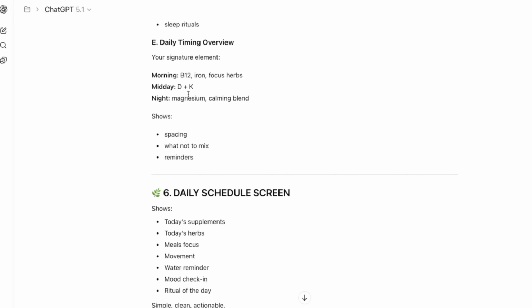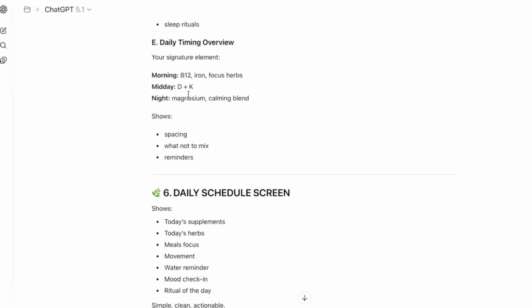So based on all the results, what we can do is determine when to take these supplements. So, for example, you want to take B12 and iron in the morning because B12 specifically will probably keep you up all night if you take it midday or at night. And then iron, you want to go ahead and take that first thing in the morning because it needs to begin absorbing and doing its work. If you take it too close to any other herbs, it may throw off the reactions that are necessary for